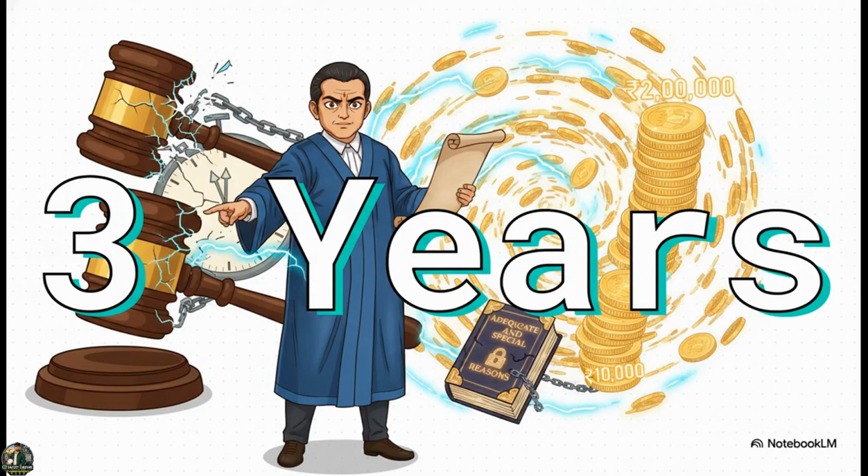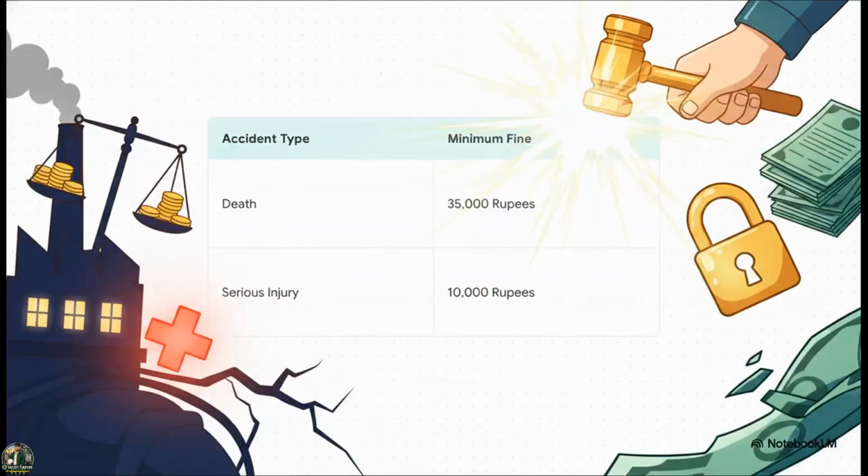And the fines? They see a massive hike, stretching from a strict minimum of 10,000 rupees all the way up to 2 lakh rupees. And the courts can only lower that 10,000 rupee minimum if they have adequate, special reasons physically written into the judgment. For repeat offenders whose negligence results in tragedy, the minimum fines also escalate significantly. It shows the law's absolute zero-tolerance policy for failing to learn from past fatal mistakes.